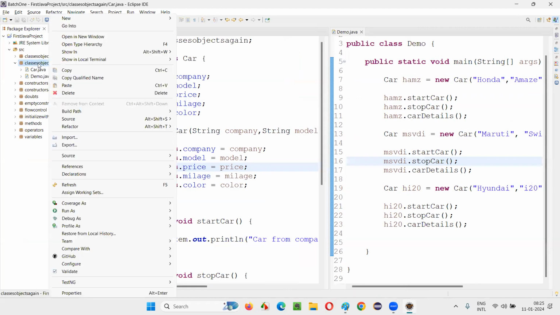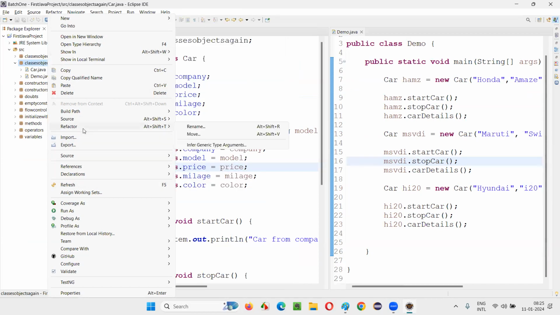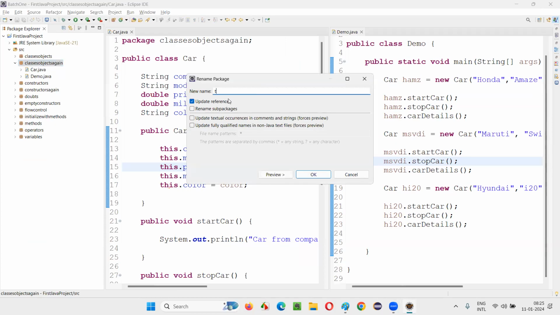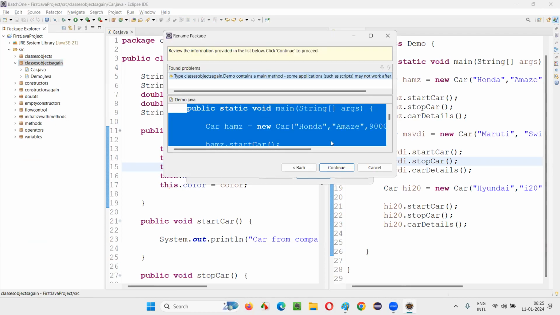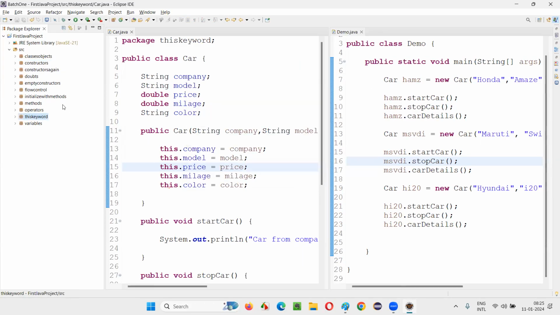I'll just rename this to this keyword otherwise. Okay. Refactor. Where is this refactor option? Refactor, Rename. I'll say this keyword. Okay. I want to explain about this keyword, so I covered this. That is an extra thing I covered today. Anyhow, this was covered yesterday only. So as part of this keyword, I covered this one. Okay. Fine. One minute.